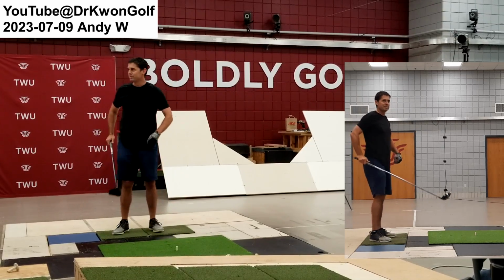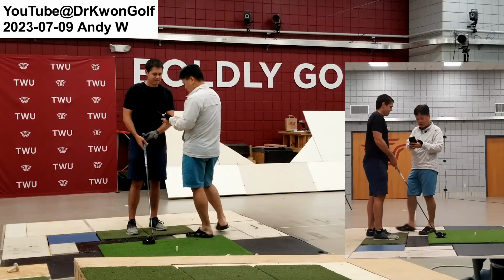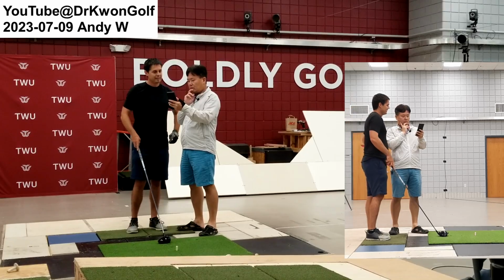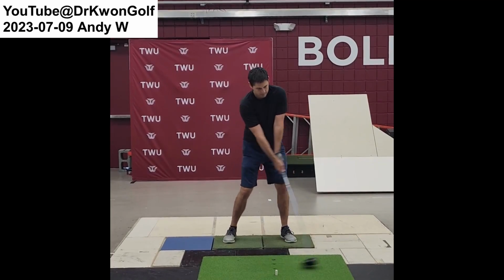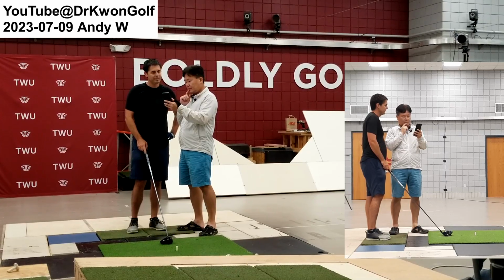I was a little bit too armsy. I feel like that wasn't a lot of legs. In addition, when you try to stop this, you have to use the arms. So then you start dancing with arms. But let's see. So this is the first one with the slow backswing, but the flow is now a lot better. Stage 3, go. When I try to speed it up, I feel like my legs are